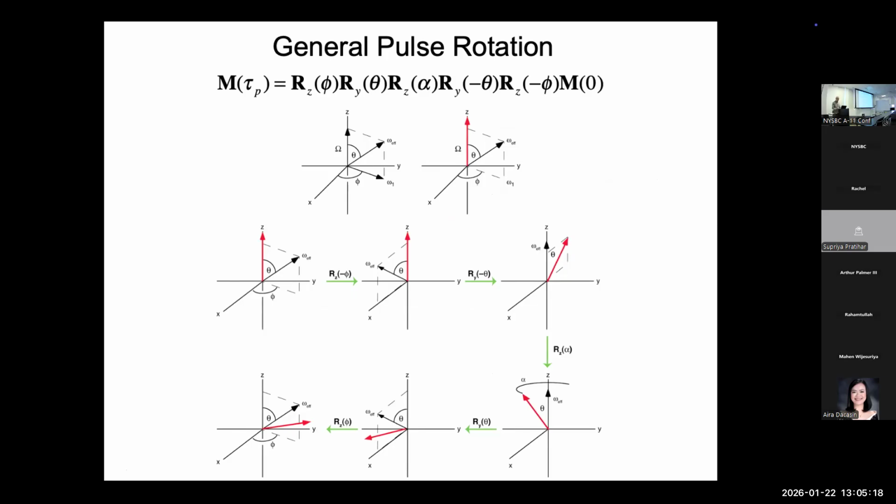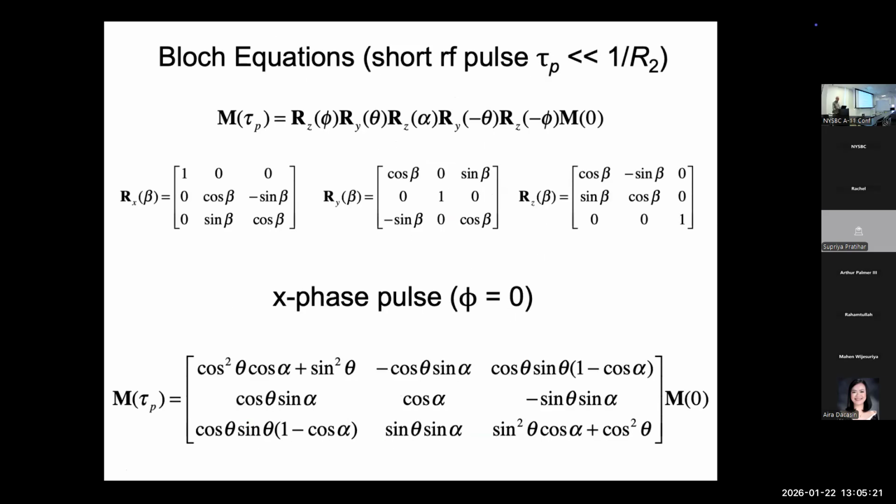One thing I wanted to emphasize is these rotations are written from right to left, so backwards from English, because it's matrix multiplication. So M0 here is a column vector that's the initial magnetization. For example, if we just had Z magnetization, that would be the column 0, 0, 1 to represent the